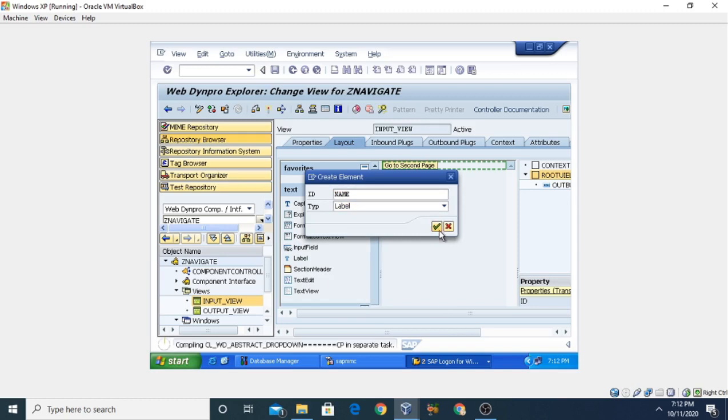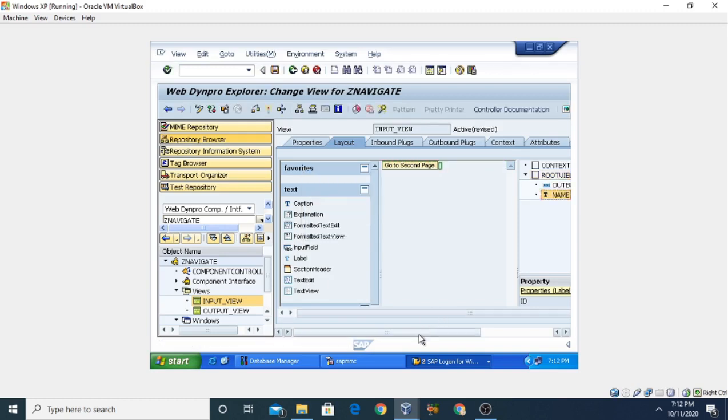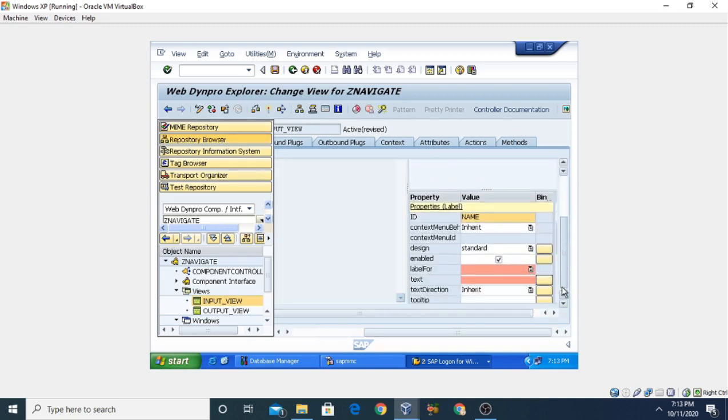Just select it, name. By double click on it, you can set the property here.